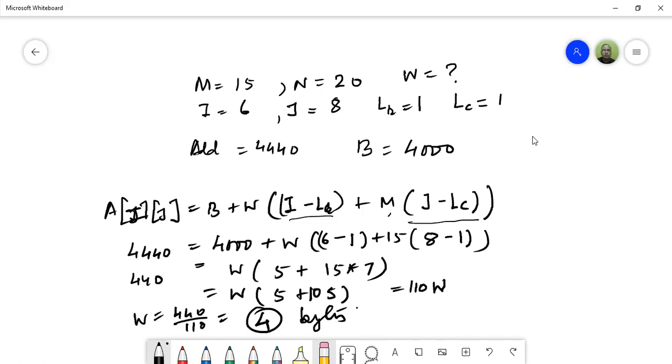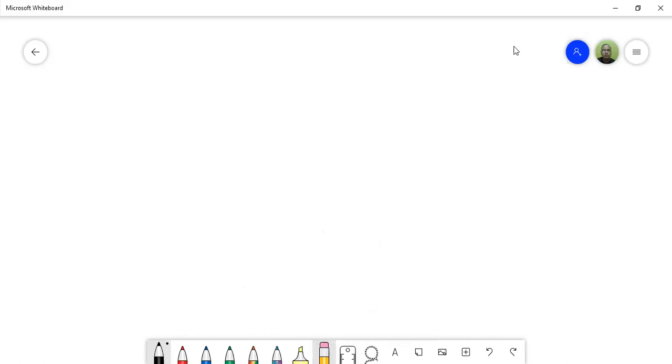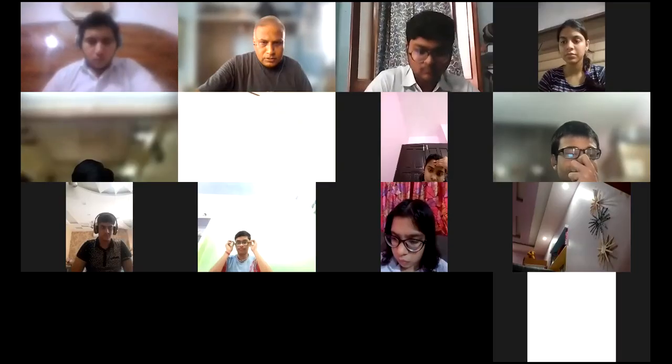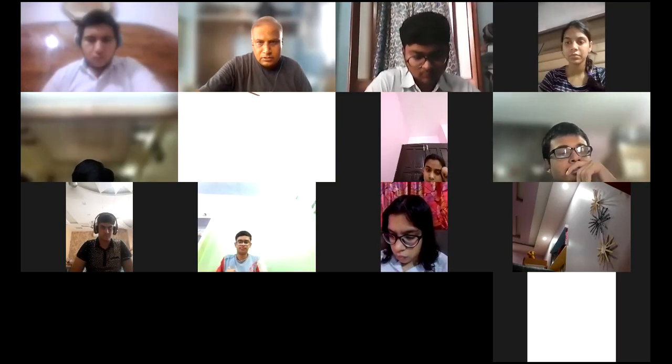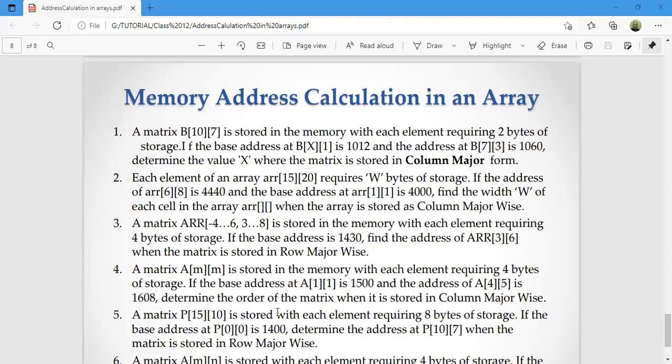Yes, sir. Clear? Okay. So let's try out one more question. The next one is, okay, third one. Now here the question is slightly different. Now here it is given in a different format. A matrix ARR with starting index of row as -4 up to 6 and column 3 to 8 is stored in the memory with each element requiring 4 bytes of storage. If the base address is 1430, find the address of ARR 3, 6 and the array is stored row major